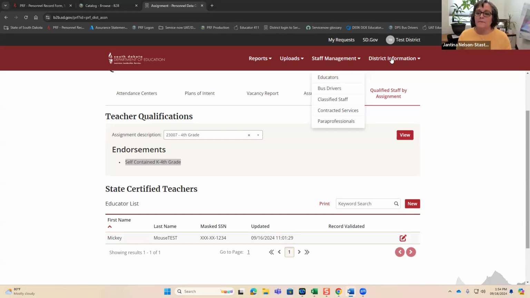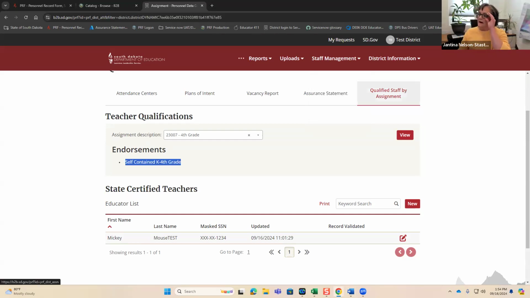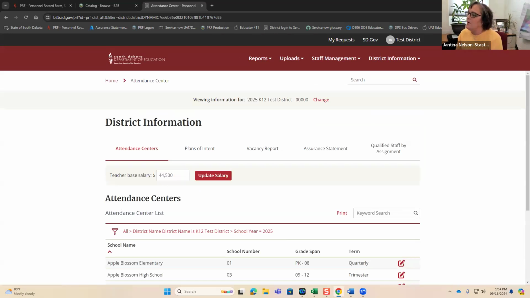Step 2 is the attendance centers for public schools and co-ops. You will need to double check the teacher compensation base salary. This salary is the beginning teacher salary offered by districts to a teacher with 0 years of experience. And base pay depends on the school district, whereas the actual salary you put on the PRF records will depend on the teacher's qualifications and experience.